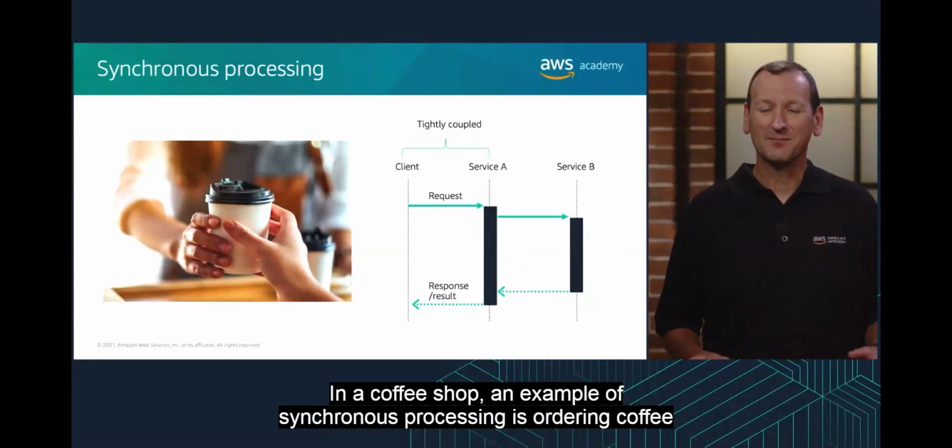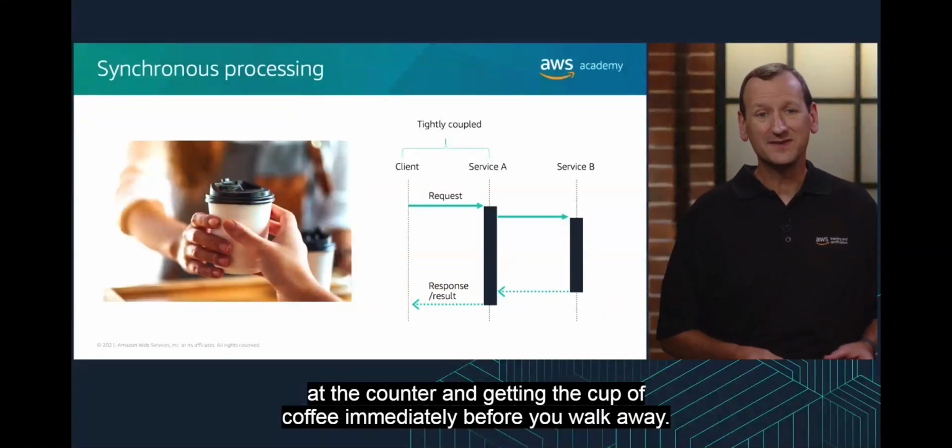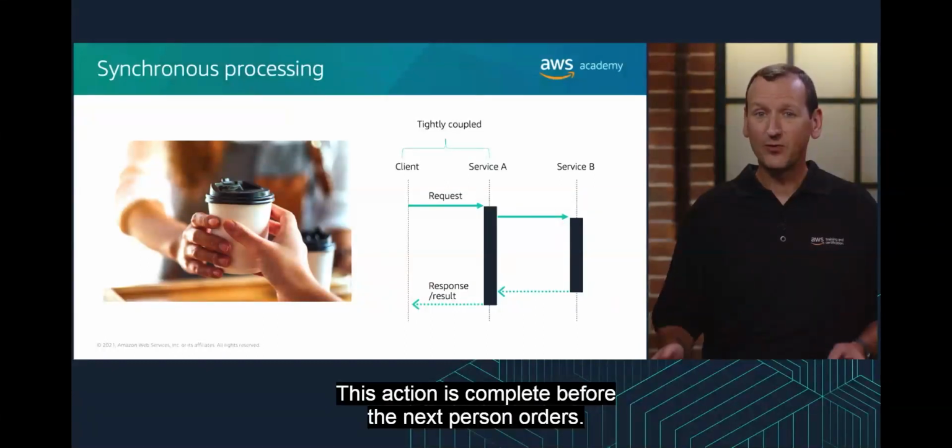In a coffee shop, an example of synchronous processing is ordering a coffee at the counter and getting the cup of coffee immediately before you walk away. This action is complete before the next person orders. In the